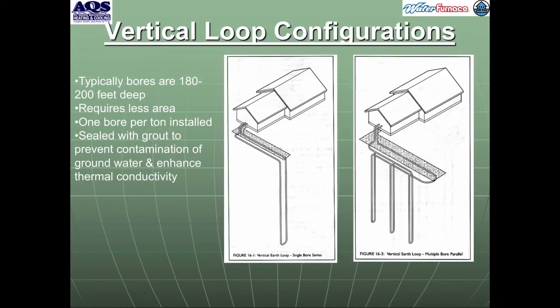The vertical loop configuration. So typically, this one is showing, typical bores are 180 to 200 feet deep, which is very accurate. It requires the least amount of area because you're going so deep, but it is also one of the more expensive. So